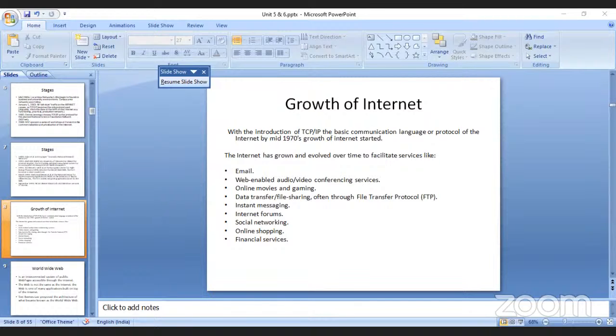When we communicate with each other, we communicate in the language known to us. For example, I'm communicating to you in English so that you can understand. If I communicate in German or Japanese or Chinese, can you understand? No, you cannot, because you don't know that language. So I need to communicate in the language known to you. For communication to happen, there should be some standard language. Both the sender and the receiver should have a standard language so that they can understand what the other is telling.